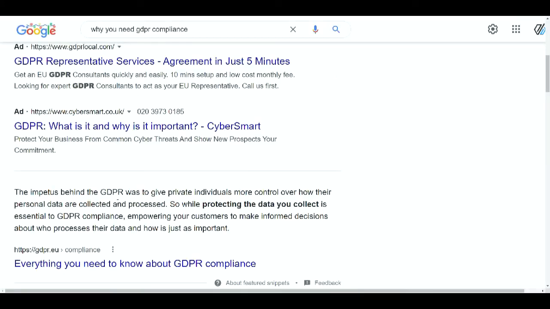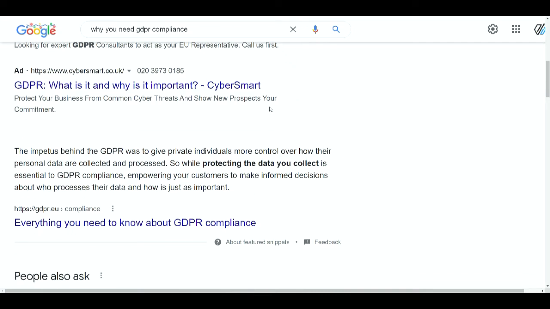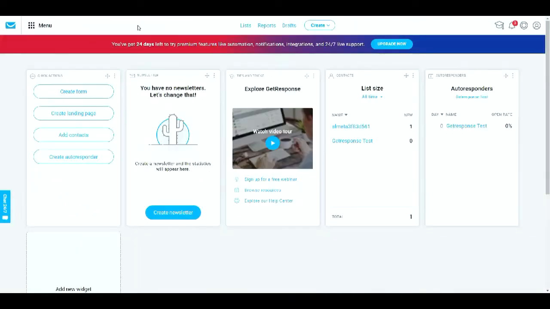This is basically GDPR. That's what it's called in the UK, and it's called CAN-SPAM in the US. And the idea of this is to protect private individuals that want control over their personal data. So we need to set that up, and you can see this here. I'll leave a link in the description if you want to go and check it out. But effectively we need to make sure that we do the same thing with our email list